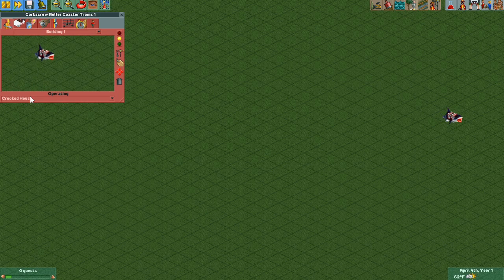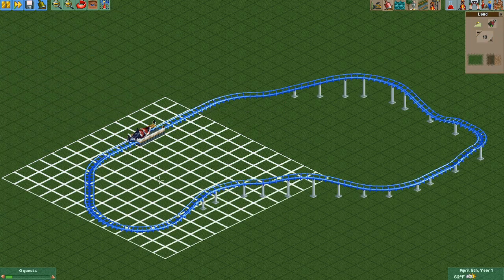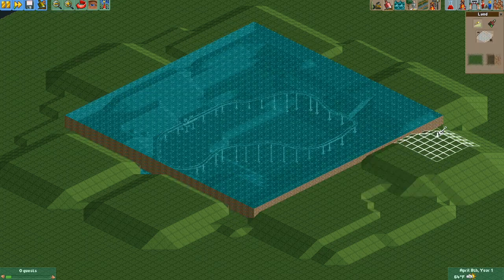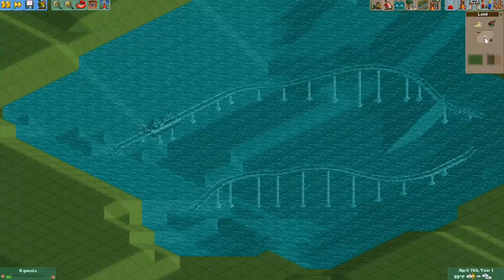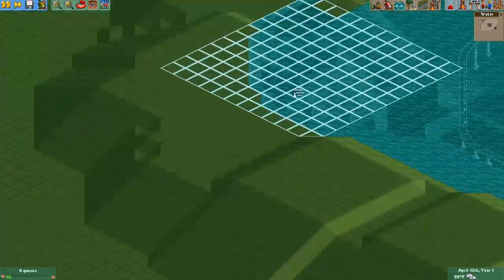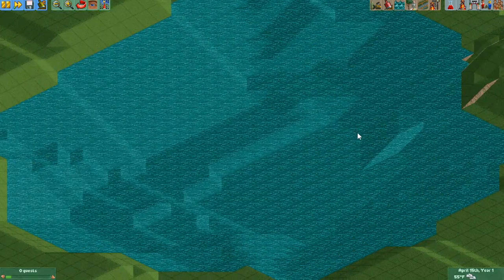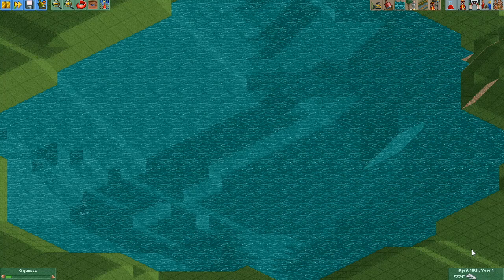Now, obviously we don't want a shark swimming around on the terrain, so if I were doing this in a real plot, I would pull up some water here. There we go. That's probably going to be good enough for now. It's still clipping through the terrain a little bit, but we probably should have built the circuit after we made the lake, but you get the idea at least.